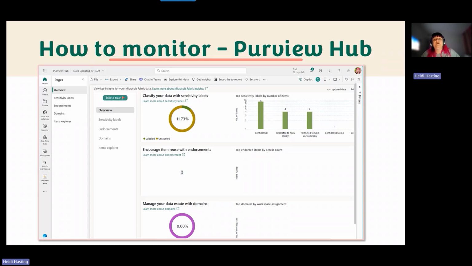What you tend to find is if people are highly unsure, you'll often get one label used so often, and then you've got to realize that, hang on, if every single item has the exact same label, either we have a default policy applied or we have a number of users who are unsure of how to use the labeling feature, so they just default it to something. And often they'll default it to something really restrictive